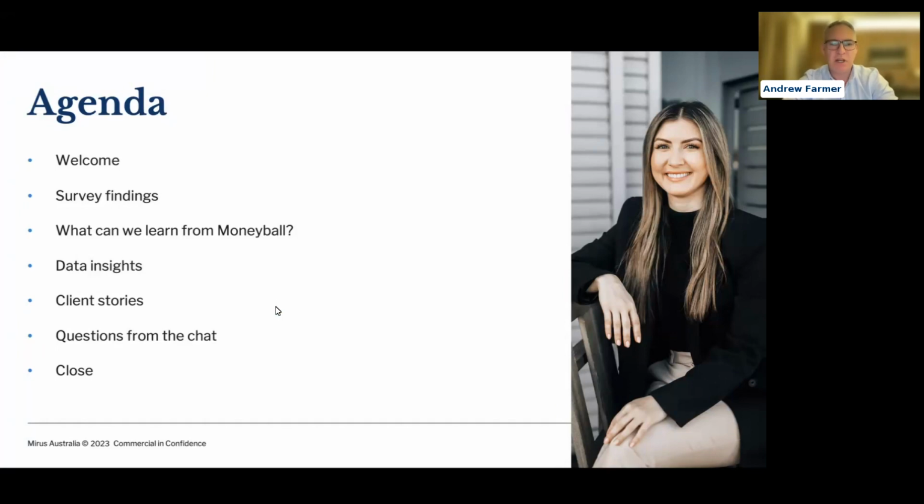Then we're going to get a presentation from Rob about Moneyball. Many of you will know the Moneyball movie with Brad Pitt, and we'd like to draw an analogy between the data and analytics of that example and what we're seeing in ACFI and AN-ACC today. And data and insights, a bit of an update from Tyler on what he's seeing around some of the data and insights for the industry. And then I'm going to share some client stories about how we're seeing that play out in real live examples of providers today that we're working with.